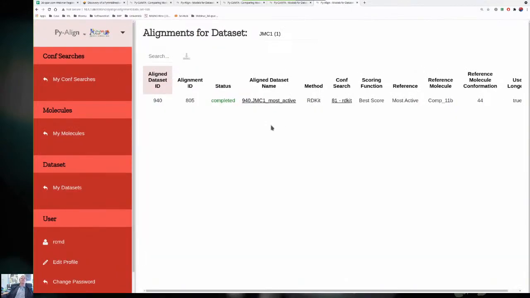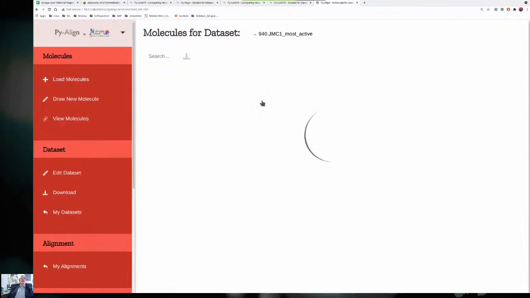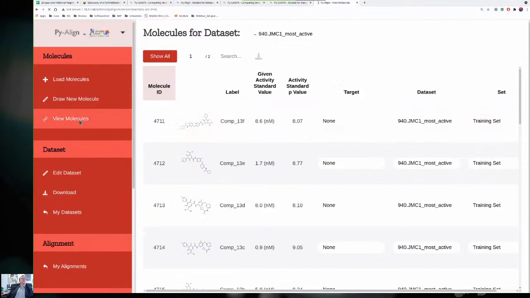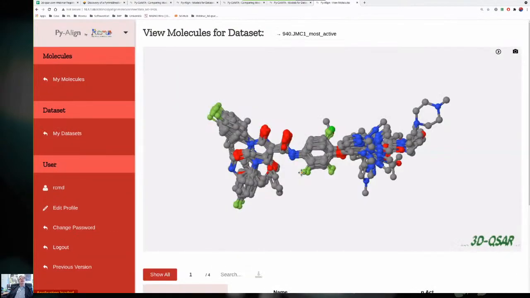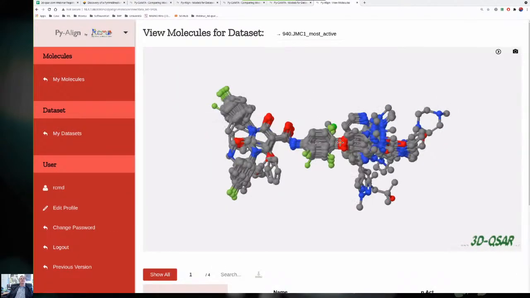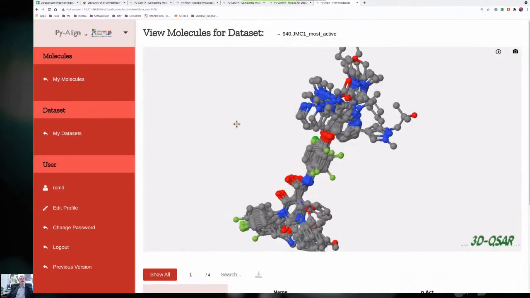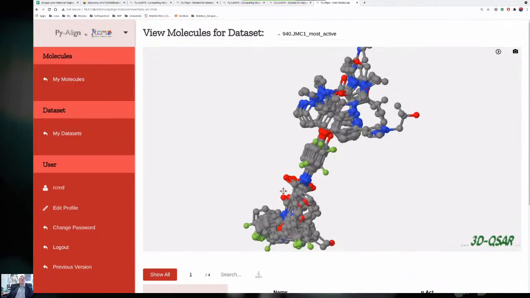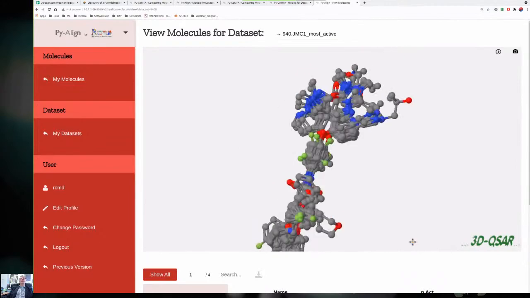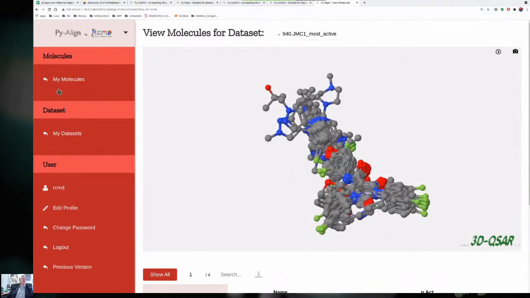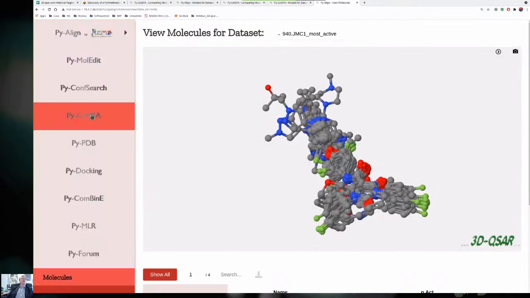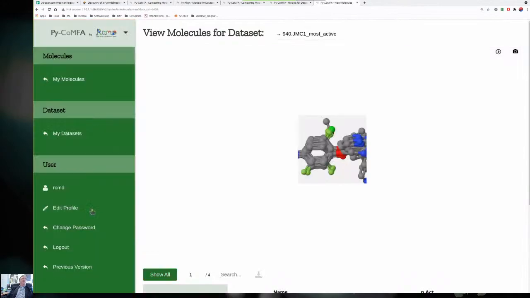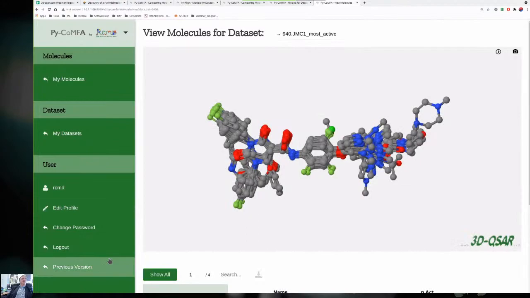Yes, so the alignment is finished. If I click here, I go to read the alignments, view molecules, and these are the molecules aligned. Not bad by eye, okay? Not bad indeed. So these are 35 molecules already aligned. If you click here on PyAlign and we select PyConfa, and then we make a model on this, hopefully we could have